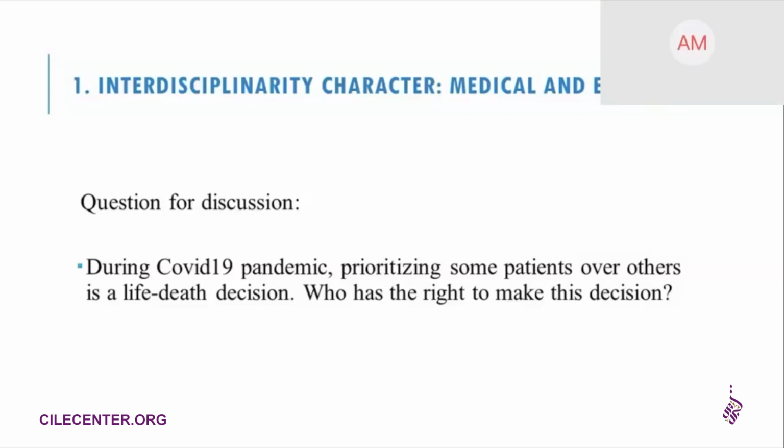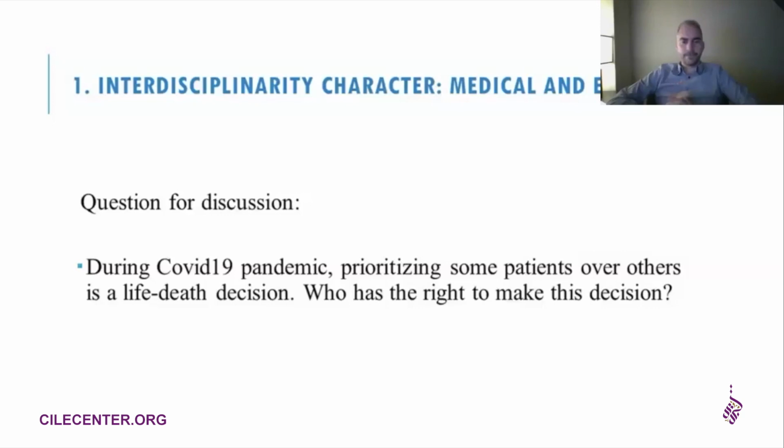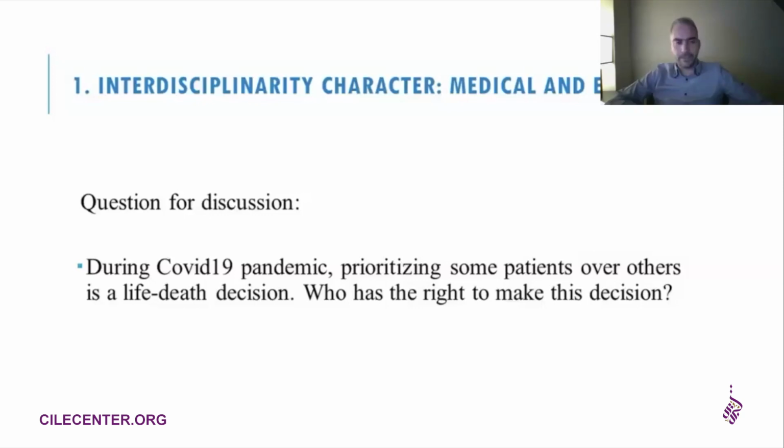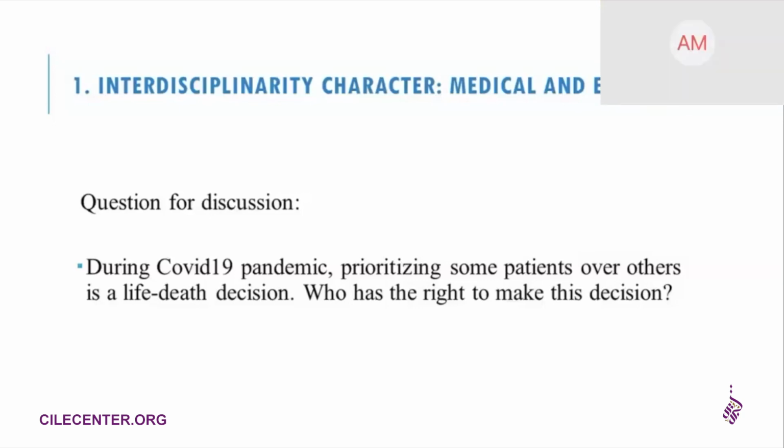I think this right is related to the comprehensive knowledge of the situation. At the end, all patients during pandemics go to the hospitals. It's like the right to have a decision over someone else's life. Yeah, it's not over his life, but at the end,